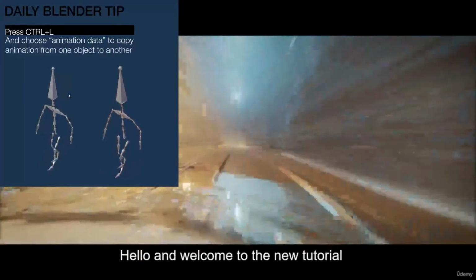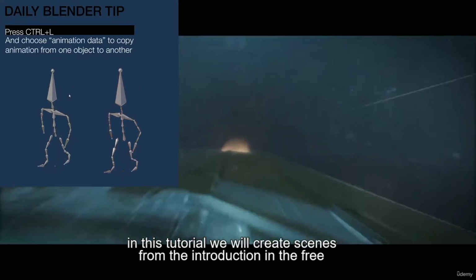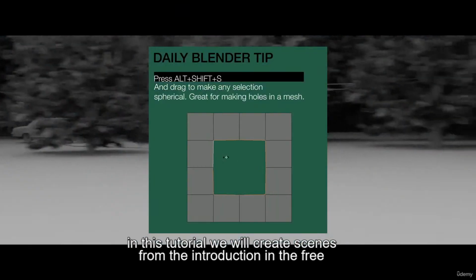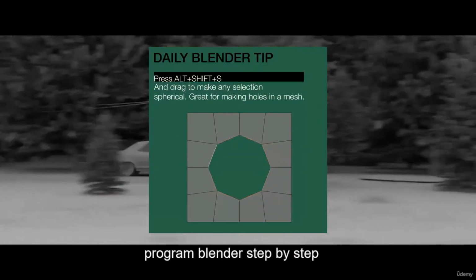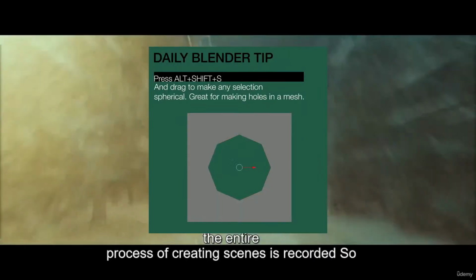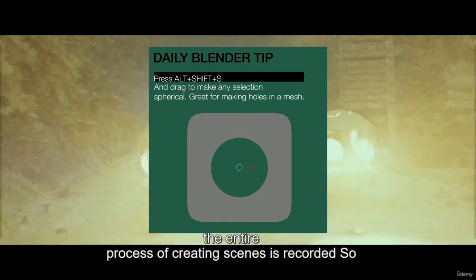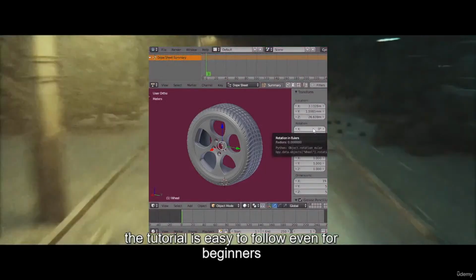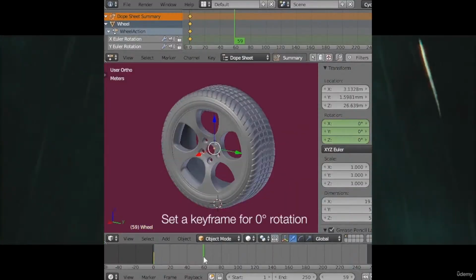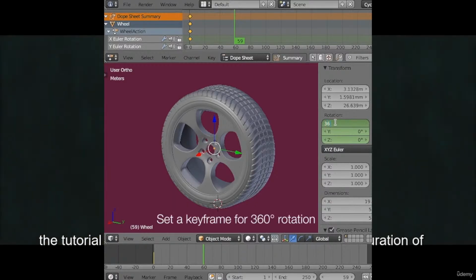Hello and welcome to the new tutorial. In this tutorial we will create scenes from the introduction in the free program Blender step by step. The entire process of creating scenes is recorded, so the tutorial is easy to follow even for beginners. The tutorial is separated into 15